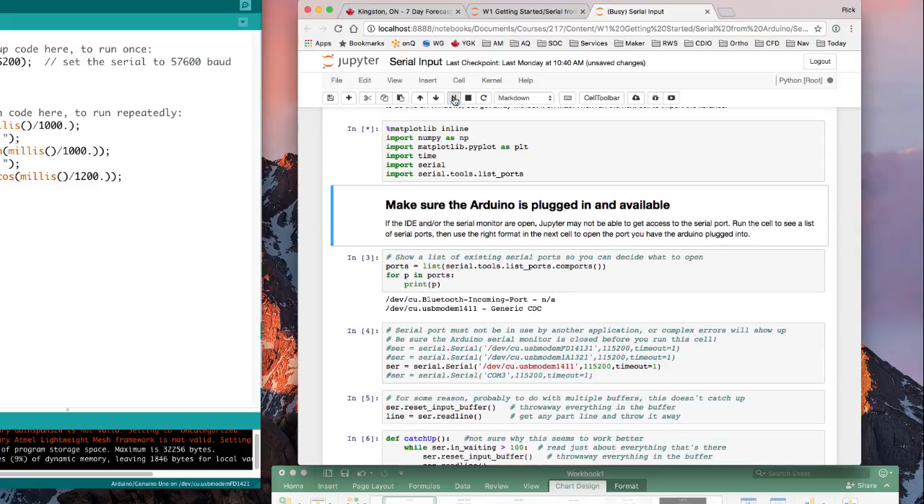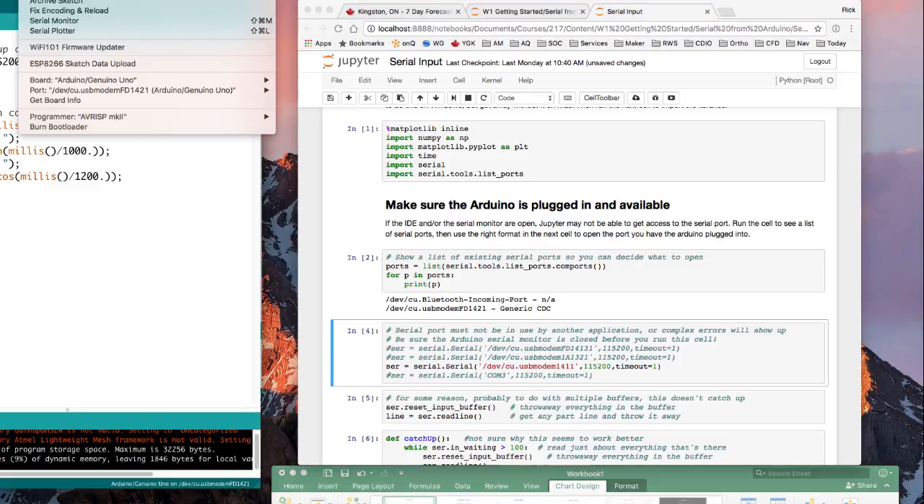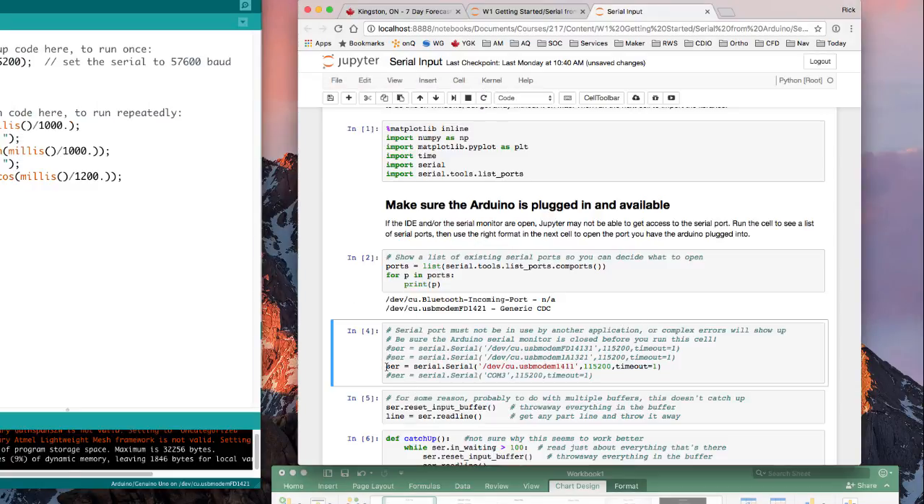So if I run that one, it imported a bunch of things. I run this one, it'll tell me a list of my existing serial ports. And I've got that FD1421. I think that's the one that I was seeing for the Arduino over here. Yeah, FD1421 is what the Arduino's on. So I'd better find one that matches. I didn't have that one already, so let's